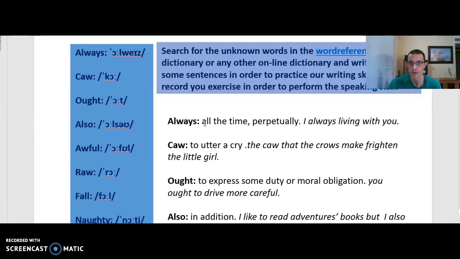But it's very important to be very attentive to the pronunciation of every word. Well, let's begin.